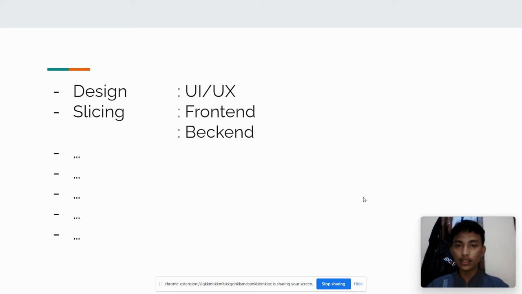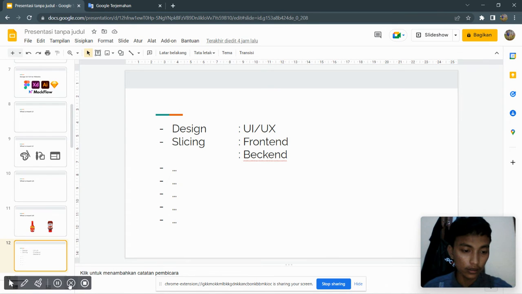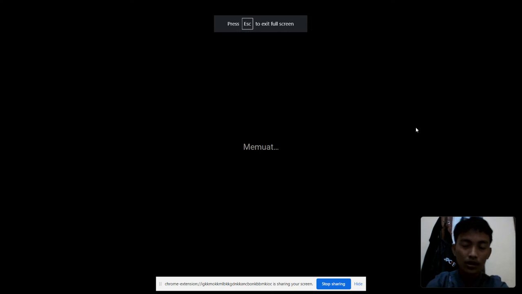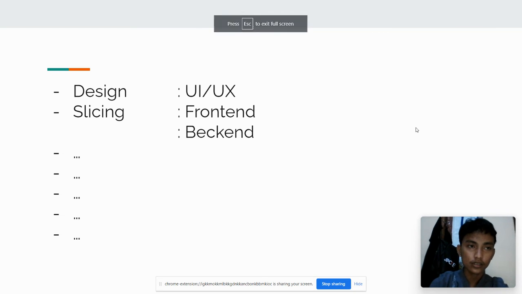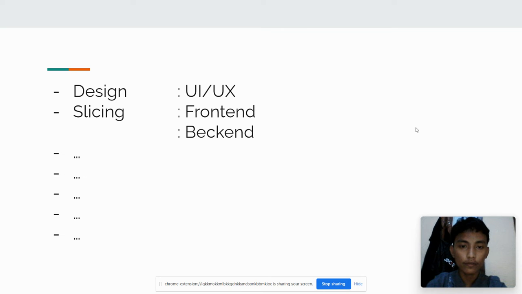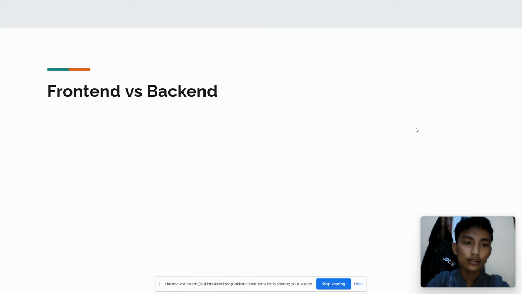Slicing means translating the UI UX design into code for our website, so that we can do product deployment of our website. Okay,